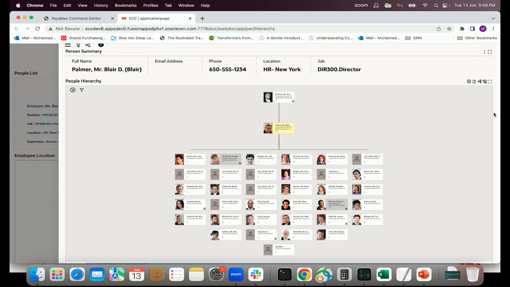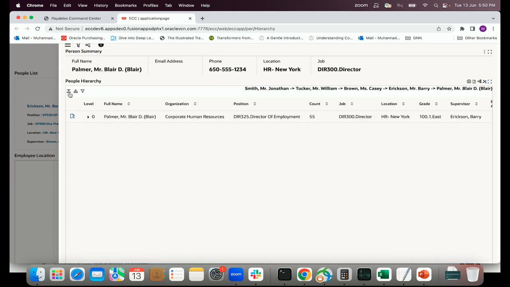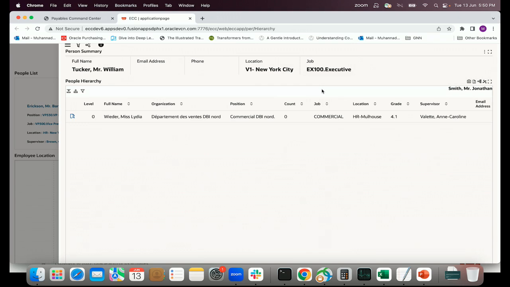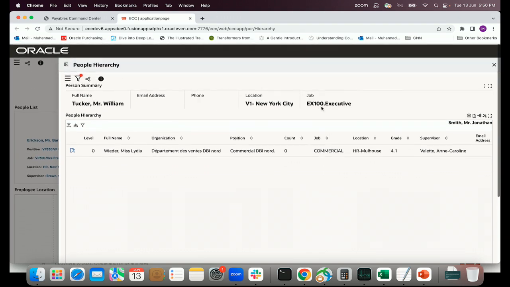So you may want to see this in a different way. So this is graphical. Maybe you want to see it as a table. You can click on this, and here you see it in a tabular format, and you can expand it, and you can see the depth of the level of every employee. Maybe you want to scroll up the hierarchy. Here is all the hierarchy of that employee. You can click on Tucker, and you basically look at the hierarchy for Tucker instead of looking at the hierarchy for this other person, basically